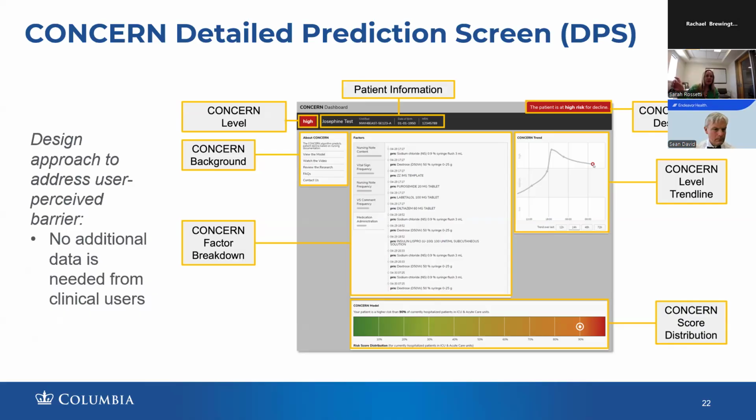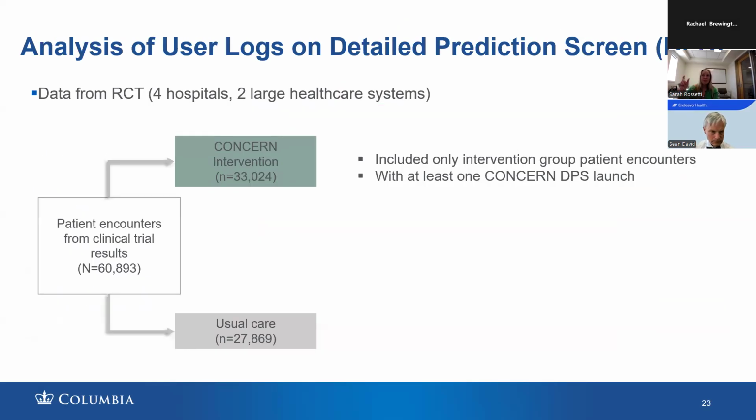So this screen here, again, not all clinicians go to it. A clinician doesn't ever have to go to it if they don't want. They can, like I said, use that red, yellow, green icon in the patient list. But if they do go to it, we did build in a user log of the use of that detailed screen. The user log of just the score being displayed in the patient list is via Epic user log for tracking. That's a little bit harder to really figure out.